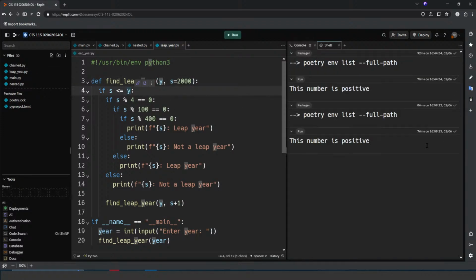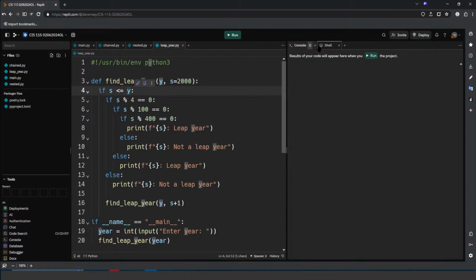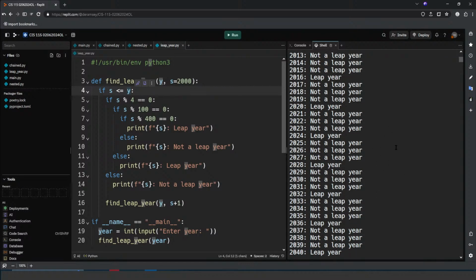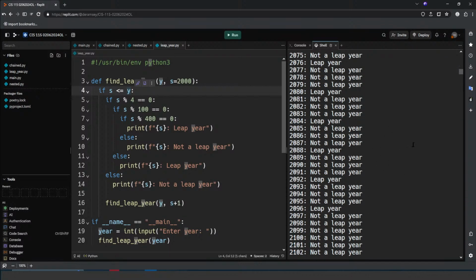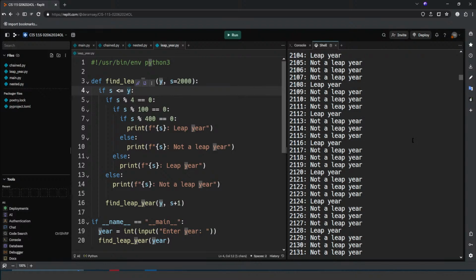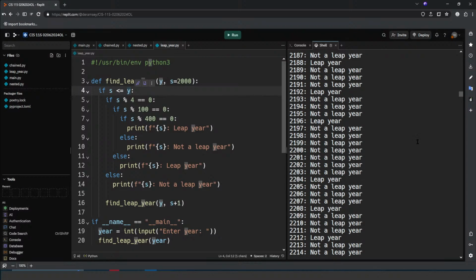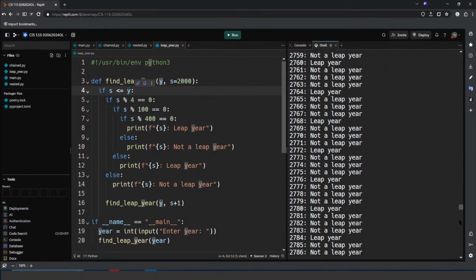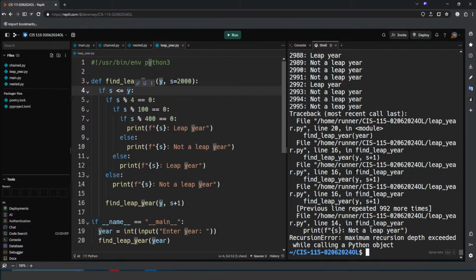And so we could even do this as a super big number. We could do this as a way bigger number, right? So I could say Python leap_year.py from the year 2000 to the year 3000. And there it is. Right, there's our value. And we can see our values increment up there, and it's just running them through and checking them for different things. I did hit a recursion depth limit here,